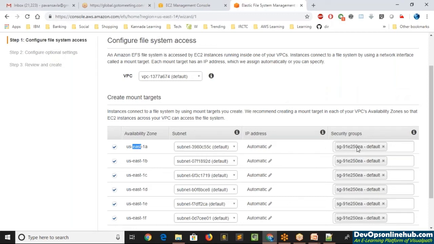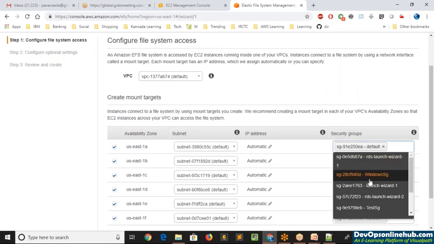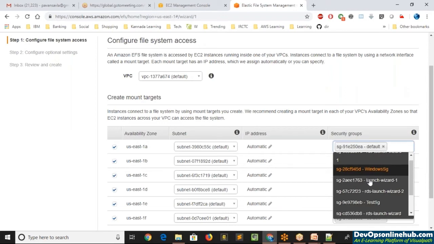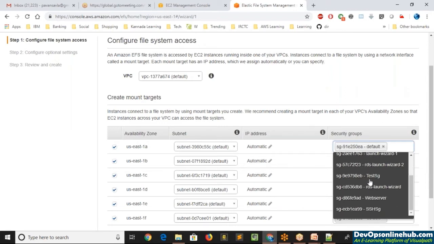And then the security group: you can see we have already attached a default security group to this file system, right? Apart from that, if you really want, you can go ahead and attach another security group, like the web server one. So we'll just attach the web server security group.